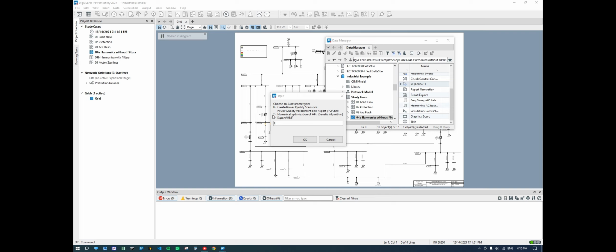Option number 2 is numerical optimization of harmonic filters, in which a genetic algorithm is employed to optimally determine the harmonic filters parameters, reactive power, tuning order, and quality factor, so that all the emissions for any orders are below their limits. And option number 3, in which the plots for harmonic distortions and impedance are going to be exported